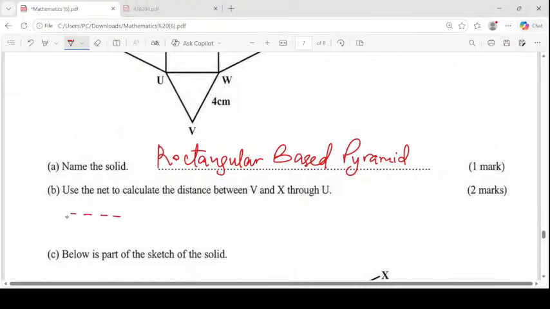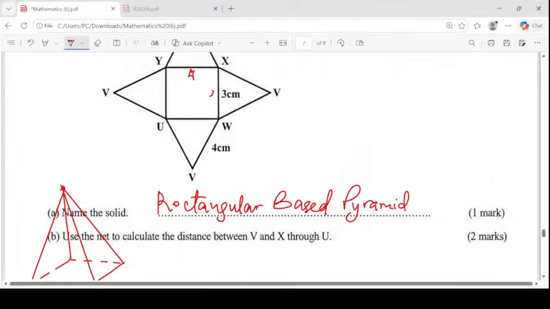I'm very sure from this you are going to relate what is happening. This is the solid itself if we complete it. But now this is U, W, X, Y,